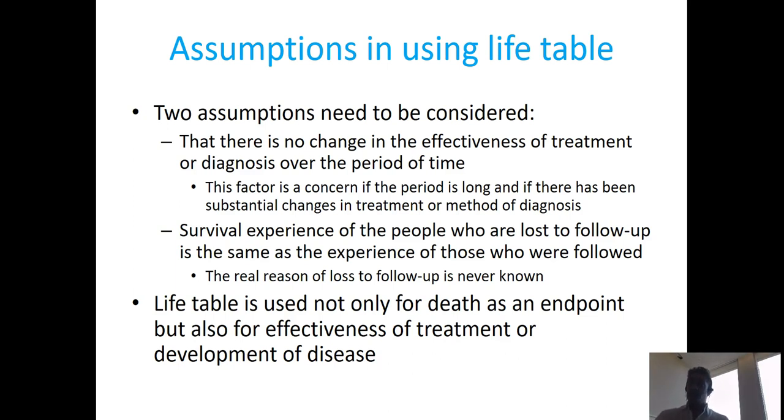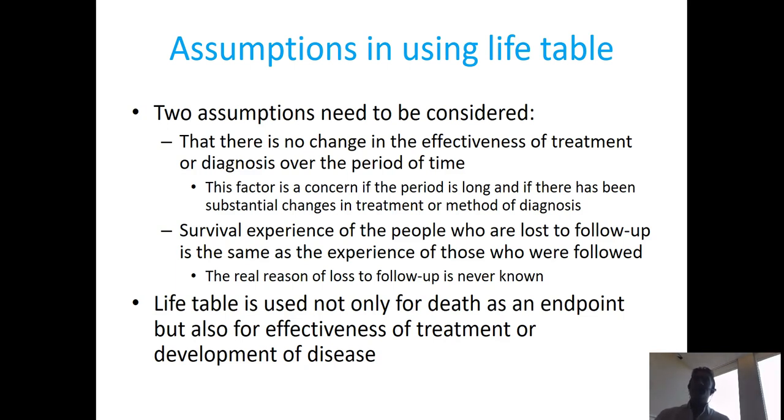When using the life table method that I will show you today, there are some assumptions we have to make. The first is that there is no change in the effectiveness of the treatment or the diagnosis over time. Now, diagnosis is not an issue if the outcome we're looking at is survival, because we can tell pretty well if you're alive or dead. But sometimes the outcome is not survival. Sometimes it's pregnancy. Sometimes it's remission, presence of a disease, right? In that case, the ability to diagnose that disease must remain constant throughout a study period. Otherwise, that changes the nature of the data. The same with the effectiveness of the treatment. If the longer you live, the more likely it is to be effective, then that biases the evolution of the